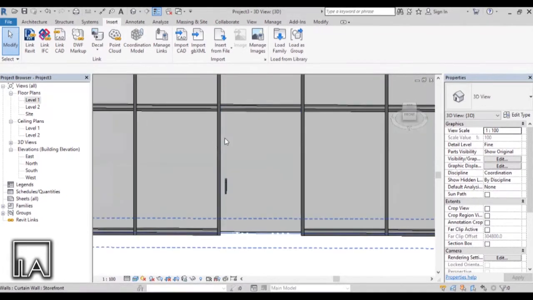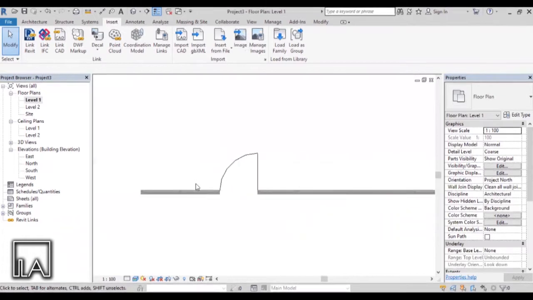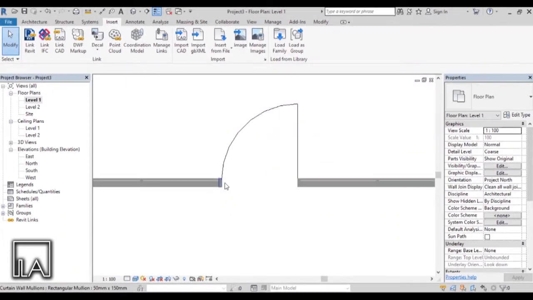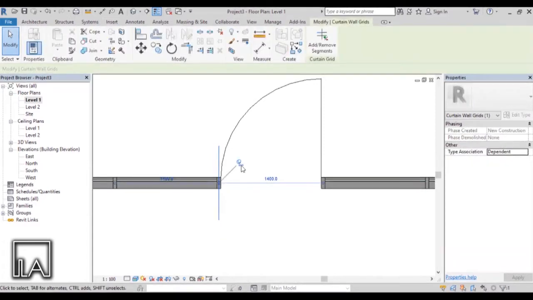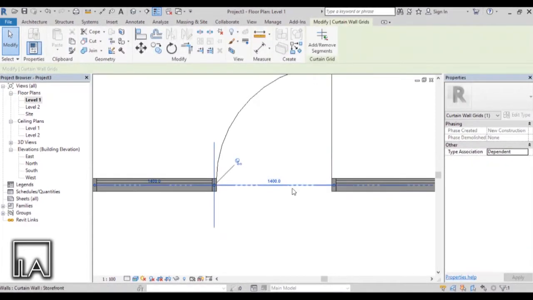Now I want to adjust the distance of the opening. To do that, go to your level 1 and select the grid along this mullion. As we do that, you can see a certain distance. To adjust the distance, first we need to unpin it and then we can adjust the distance.